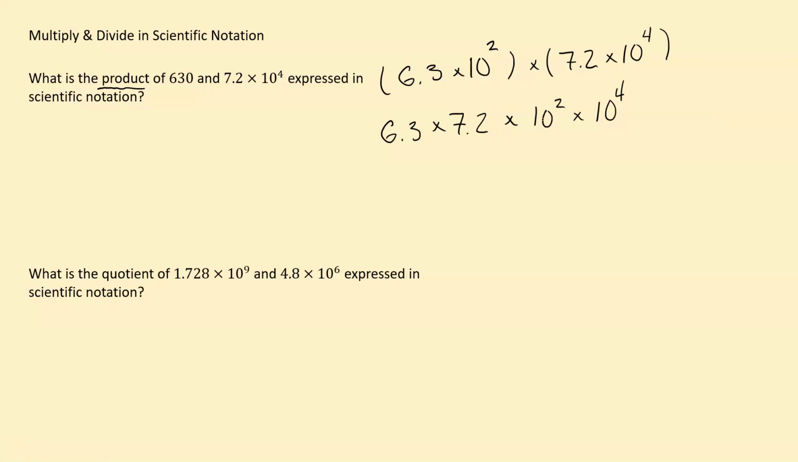So really what we have here is 2 tens multiplied by each other times 4 more tens multiplied by each other. So we can add those exponents. Really, this is 6 tens all being multiplied together. And then the 6.3 times the 7.2. I'm going to go ahead and pull out my calculator for that one. 6.3 times 7.2 is